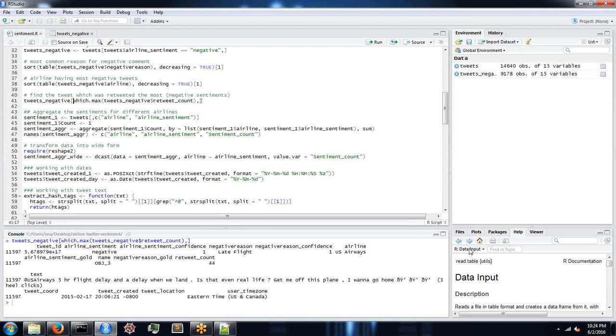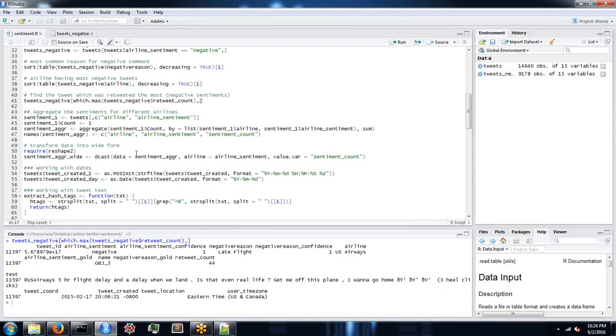Okay, the row. It has actually printed out the entire row for which there is a tweet which was retweeted the maximum number of times. It has a negative sentiment associated with it as well. So that is the tweet which is negative and retweeted the most. All right. So next thing that you can do,